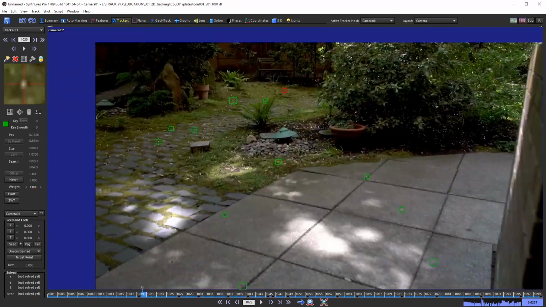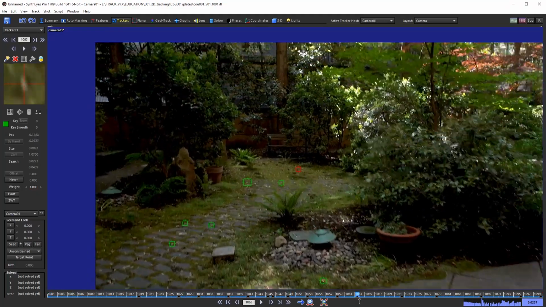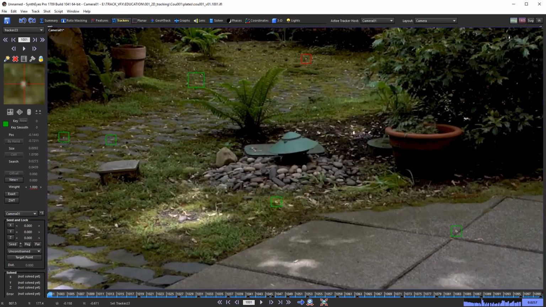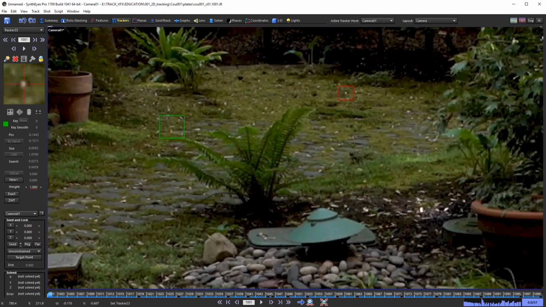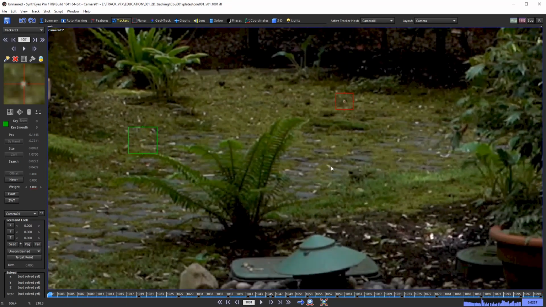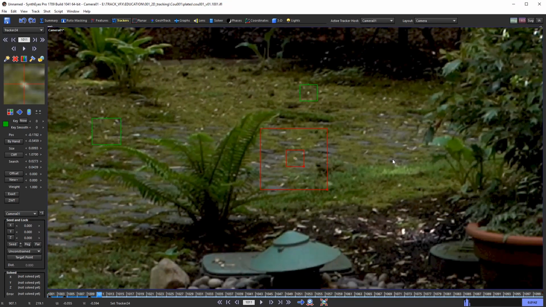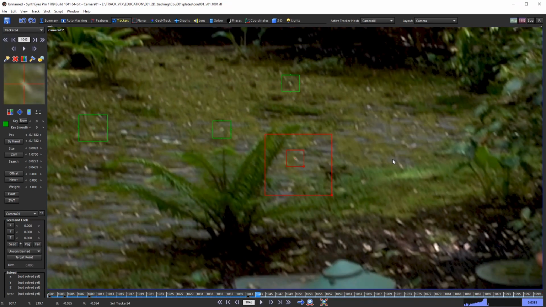And you know what? For those who are brave, let's get one point that's getting obscured and then reappearing. Just in case that's all somebody was looking for. So this little speck here, this fern comes over and blocks the speck, and then at the end of the shot, the speck becomes visible again. So I'll place a tracker, lock on, go frame forward. Yeah, I'm going to hit play for a couple frames. There, I stopped it, nudging it,